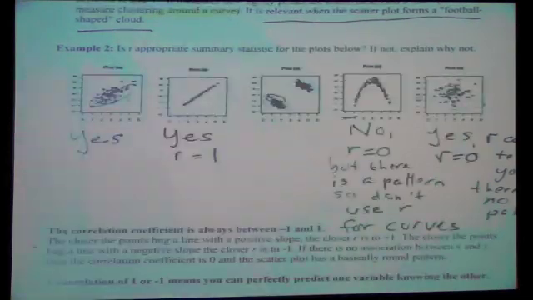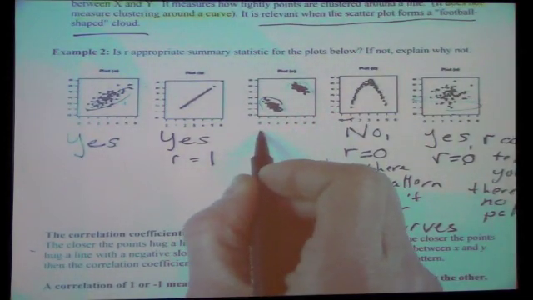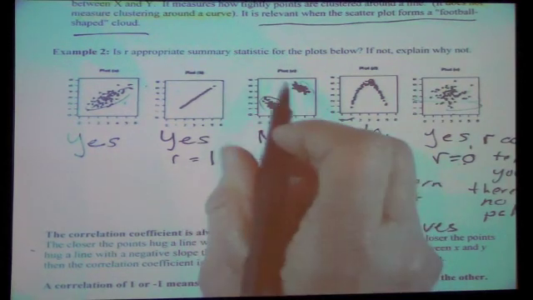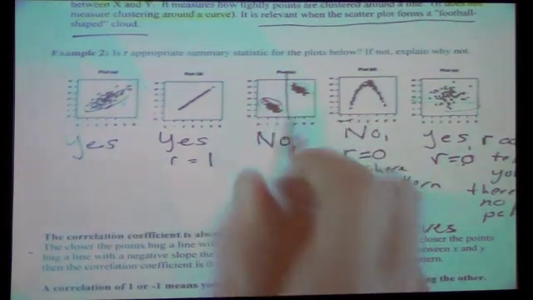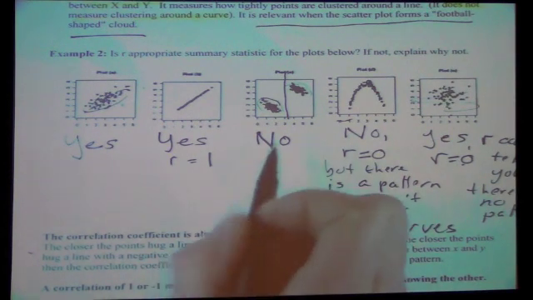So if you see two separate groups like this, then R is not appropriate. You'd want to split the graph. Okay, do you understand? So you'd say no, because R would inappropriately